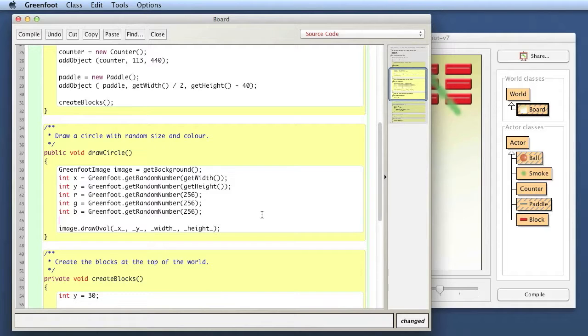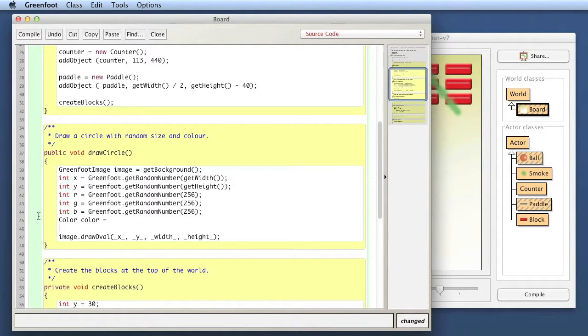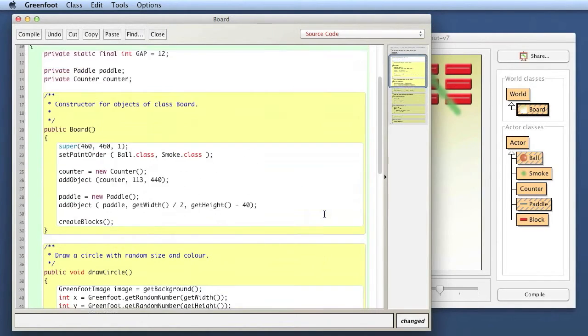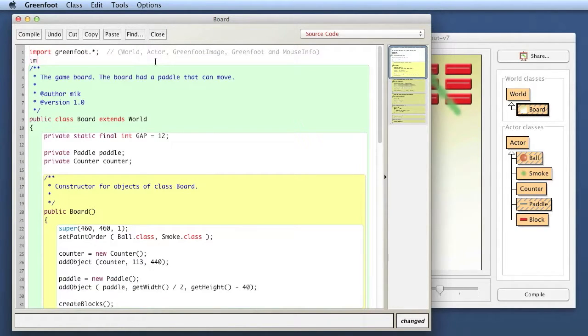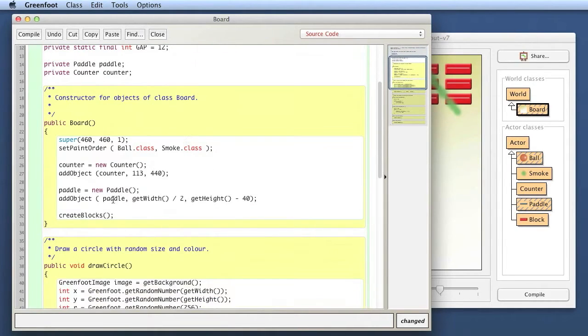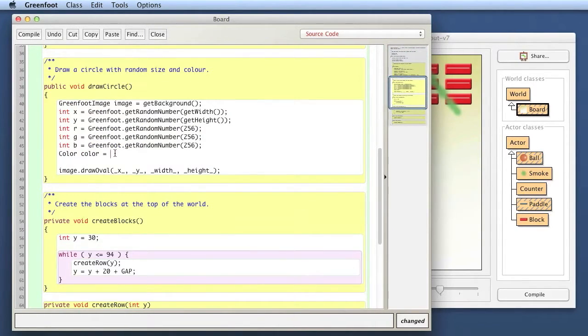Then I can create a color variable, and the type color is not known in Greenfoot. I have to import it. I have to say import java.awt.color to get my color type, and then I can use a variable of type color here, and I just say I want a new color, and I specify the RGB values using my 3 variables that I have, and